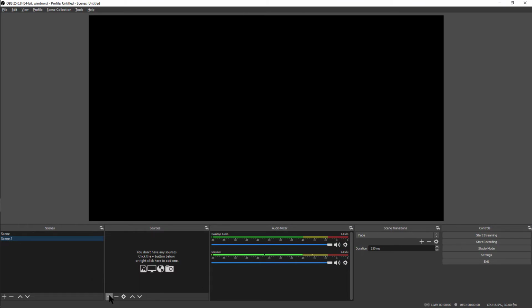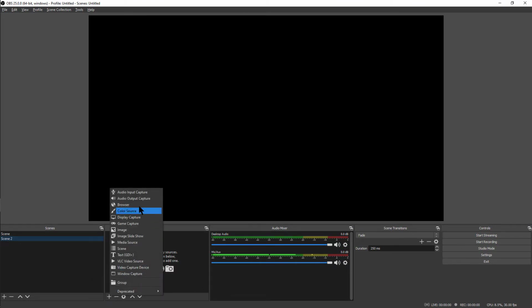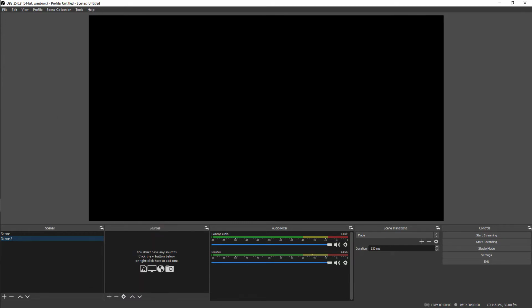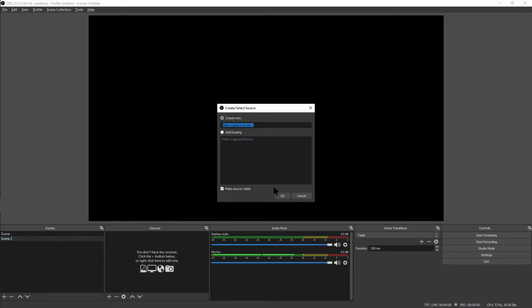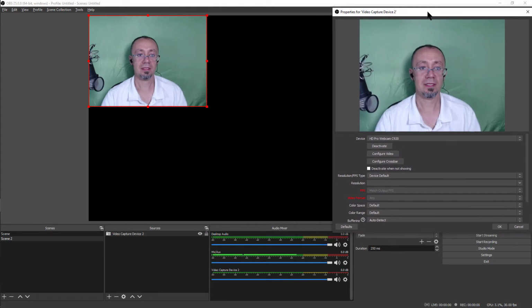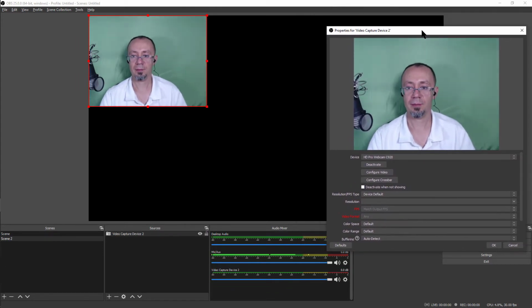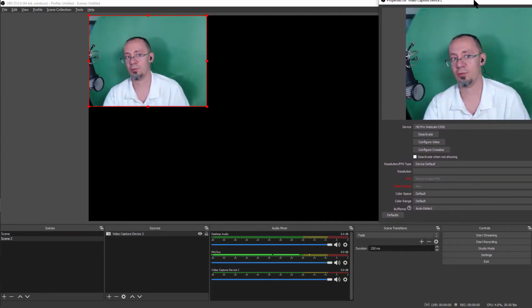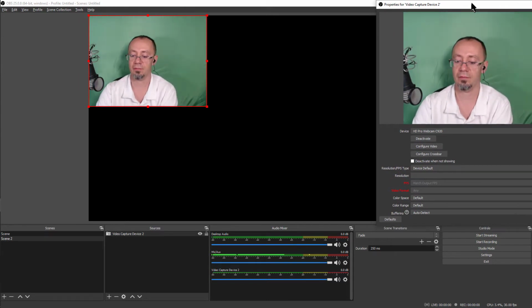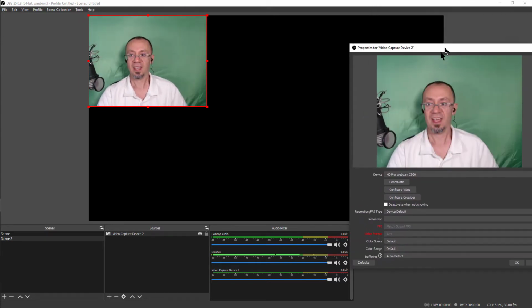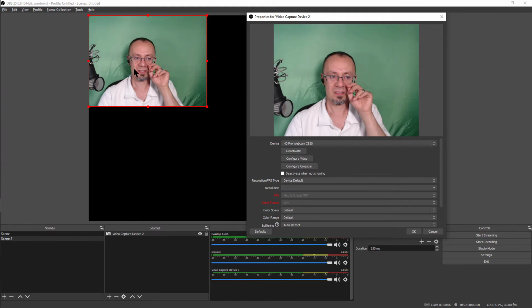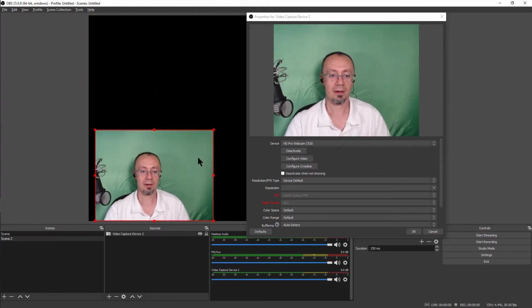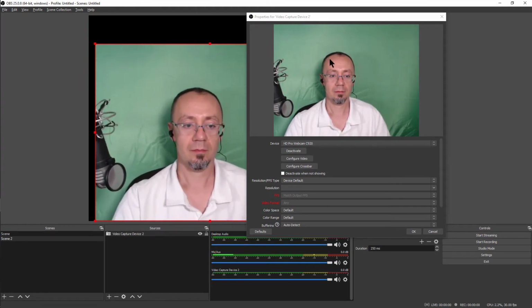So by default, it's not very interesting. The first thing you're going to want to add is your camera. So you need to have a webcam plugged in. You're going to go to Sources and click on plus, choose Video Capture Device. Now, as you can tell, this is what my actual camera looks like. I have this webcam attached to the back of my screen, and you can see here what it looks like. Now I can resize this to make it larger,